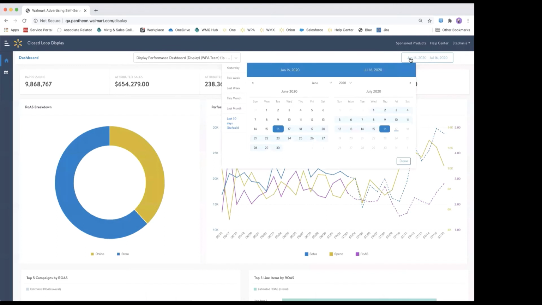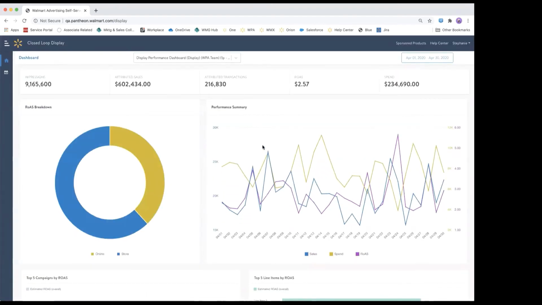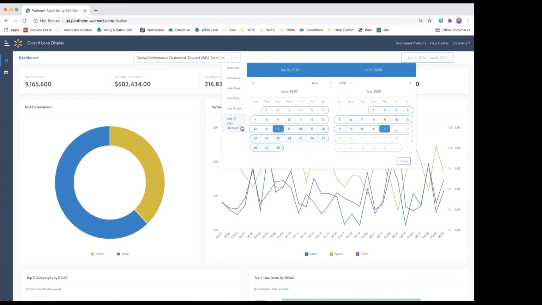You'll find a calendar selection tool on the right-hand side that will always be defaulted to the last 30 days. However, you can go back in time to filter to any time frame that you may be interested in looking at. We have data going back to November of 2019. So that is the most historical data that is available to you. So just by selecting dates in the calendar tool and clicking the Done button, you're able to adjust the dashboard to show you metrics for that given time period. Now I'm just going to return to the last 30 days